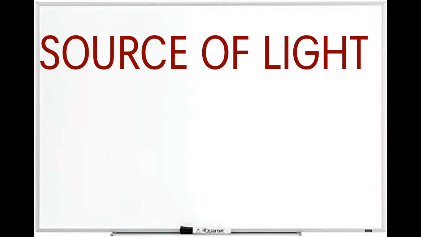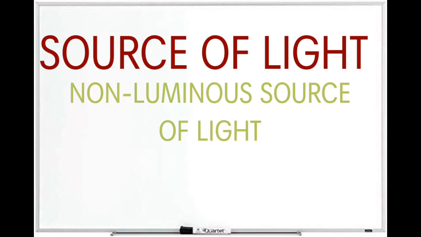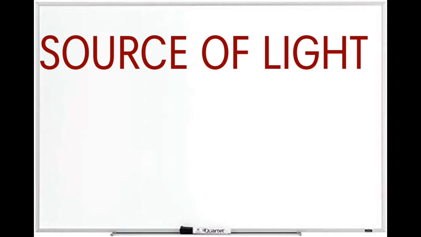And now comes non-luminous objects. So first of all, let me clear this. Non-luminous objects also give us light, but they do not emit their own light. At night, we enjoy moonlight and the bright moon in the sky. But did we know that the moon is not a luminous object? Then how does it appear so bright? You must have thought about that once. So the moon is a non-luminous object.